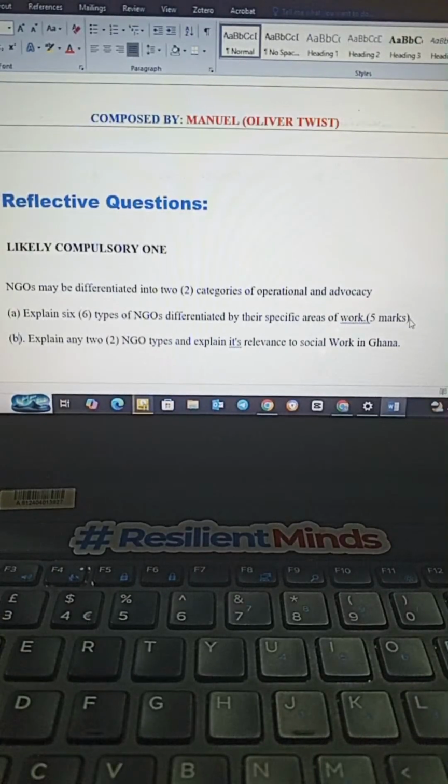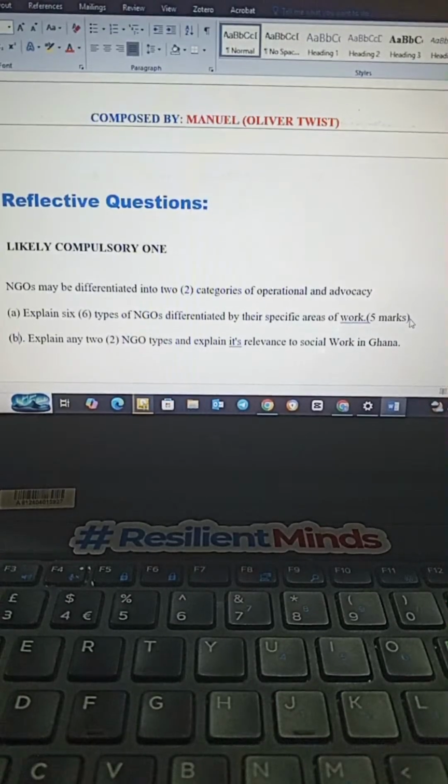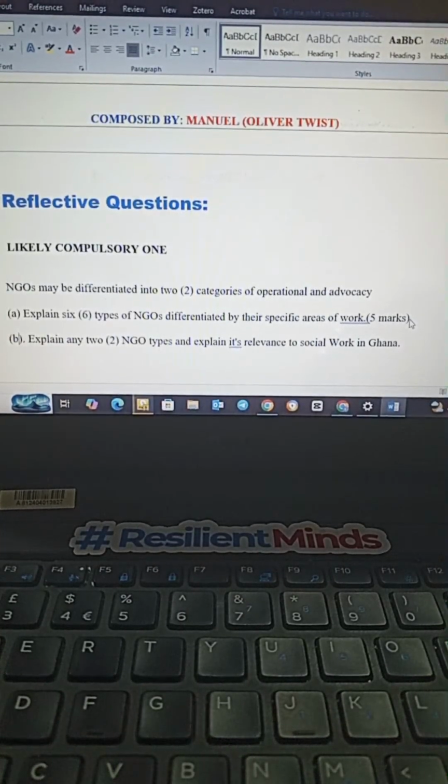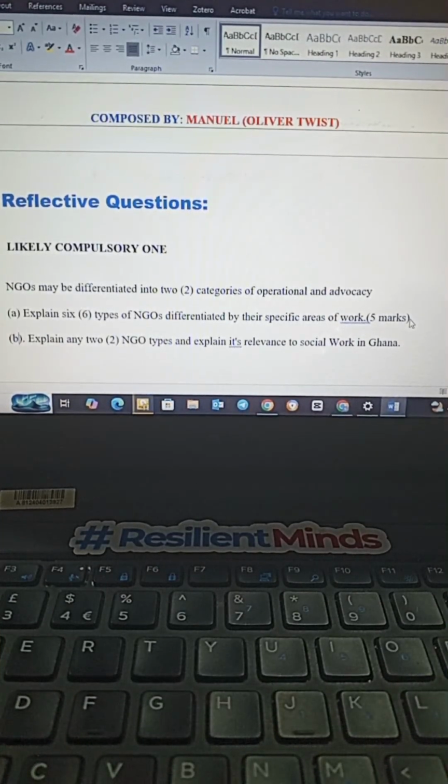So maybe Reverend will go for, let's say, the RINGO, that's the Religious International NGOs, because maybe Reverend is part of that association. So when we say RINGO, that is Religious International NGOs. What are they? Here you need to provide a brief explanation about them. When you hear even the name Religious International NGO, what are they? They are faith-based entities.